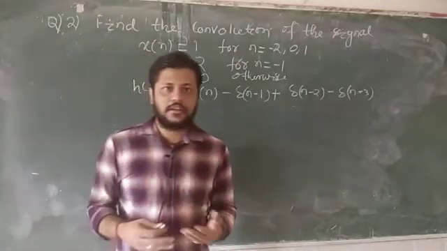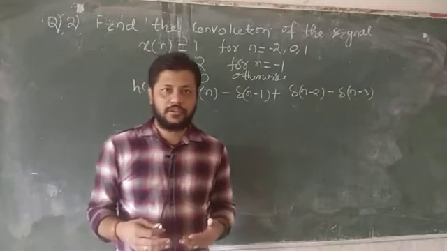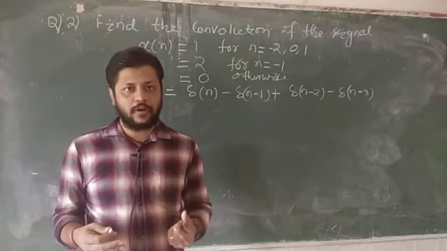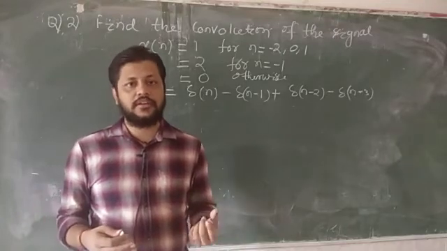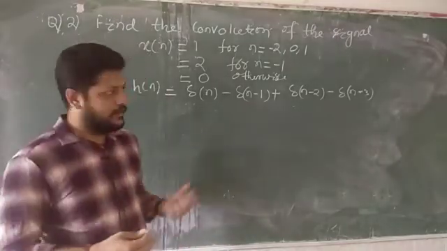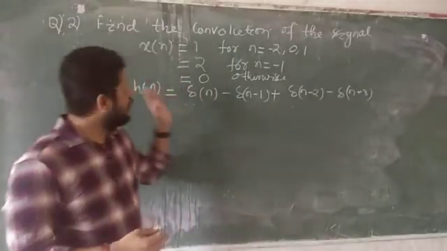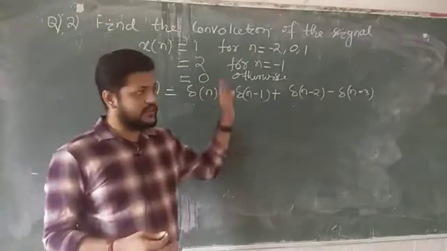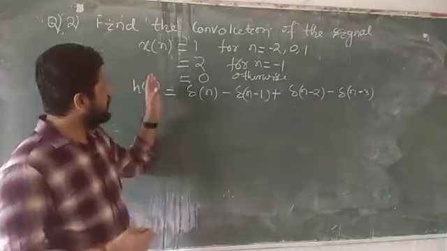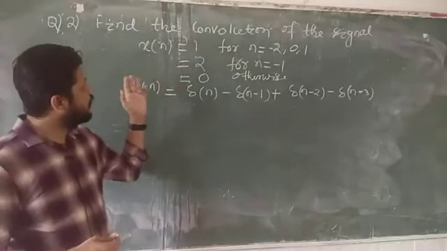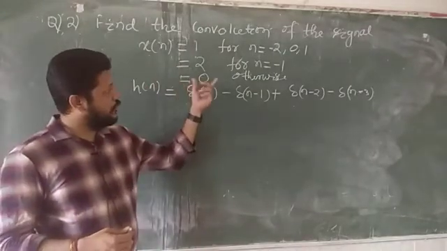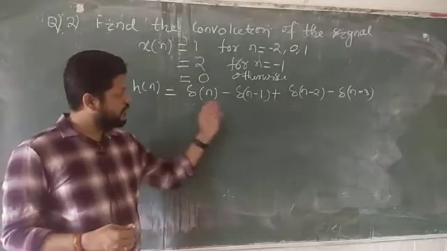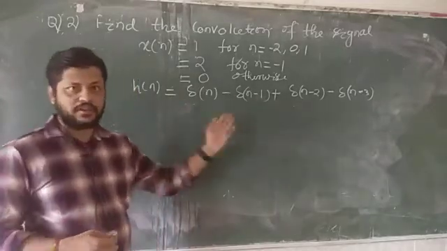Thereafter I solved one example in which both x[n] and h[n] are given in a finite form, and the representation is a sequence representation. In this case also we need to find the convolution where x[n] and h[n] are given. You can see x[n] and h[n] are given, but the representation is different: one is a tabular representation and one is an impulse representation. This is a collection of a sum of impulses, and this is also a collection of a sum of impulses.